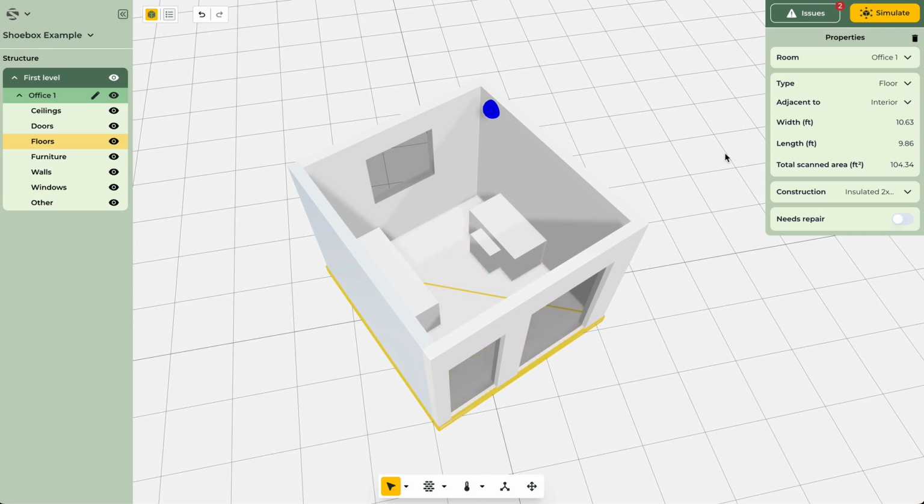When I select my floor, I see different adjacent to options: exterior, interior, unheated, and soil. Exterior is for a situation where I have an exposed floor, or you may know it as cantilevered floor, where a part of the building is extending and it's interfacing with the outdoor air. Interior floors are such as the floors that are over another story of the home, another heated space of the home. Unheated floor is somewhere that's maybe over a garage, and soil is the option I'm currently looking for, because